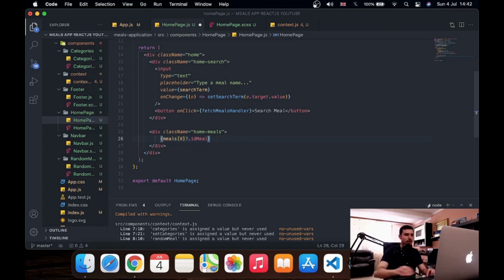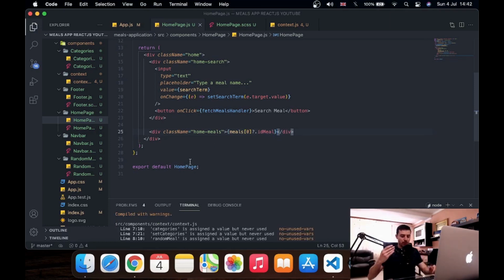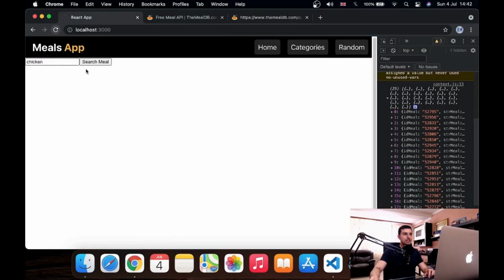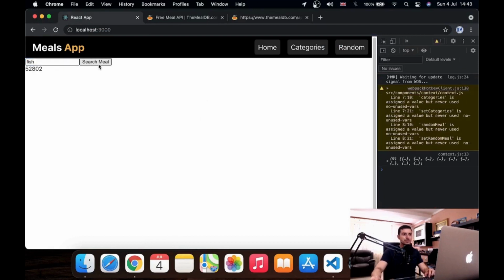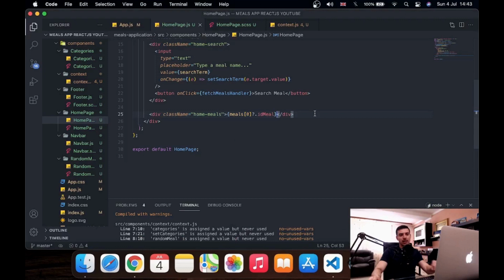Okay, let's save. Let's see what happens. Oh, okay. Let's go back to the application. Let's type fish, search meal, and we see the ID of the first meal, which is 52802. So it's working. So let's go back, and here let's output the images with the labels. To do that, what we will do, we will